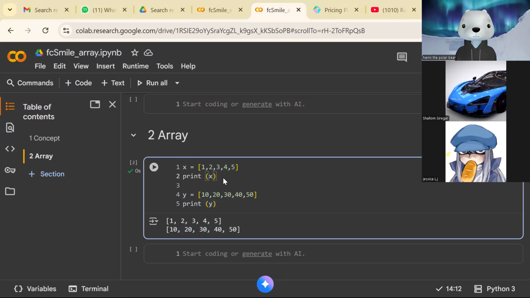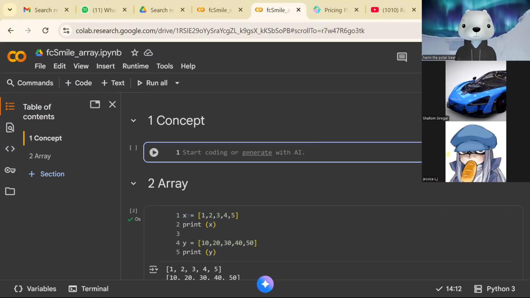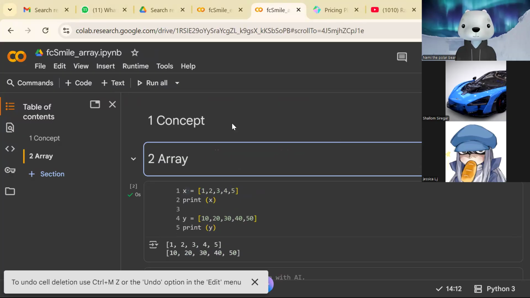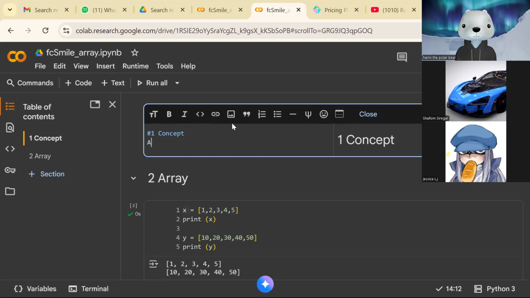So array is actually multi-value in one variable. So one variable can store multi-value. Okay, so we need to adjust this concept. So below here, you make a definition.